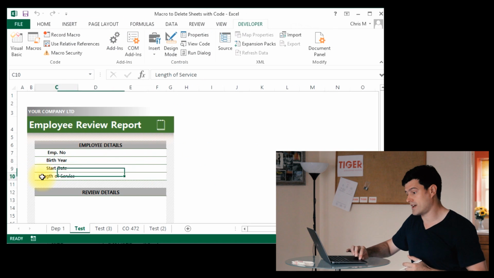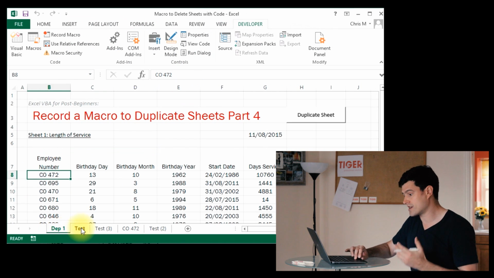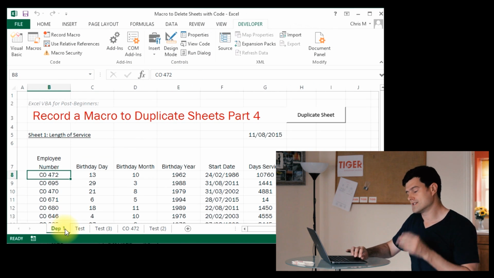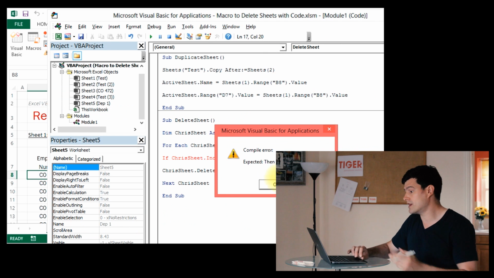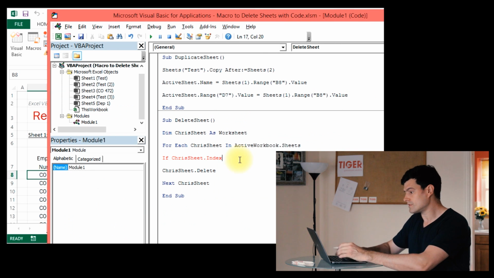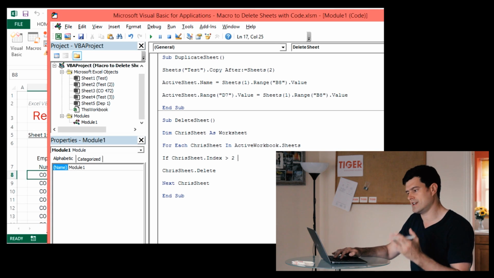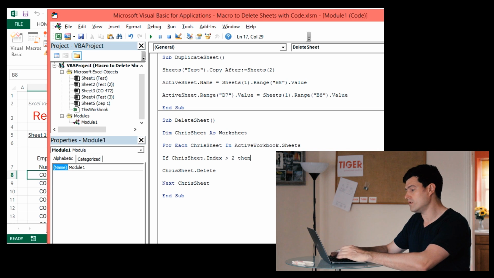Now, index is how far the sheet is positioned through the workbook. So the first sheet has an index number of 1, the second sheet has an index number of 2. So index numbers 1 and 2 we want to keep. We don't want to delete those sheets. So we can say if CHEATSHEET.index is more than 2, so we're saying only do this if the sheet index is 3 or more,